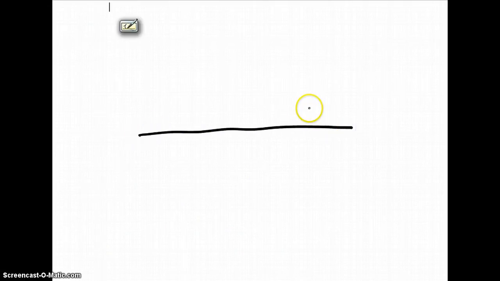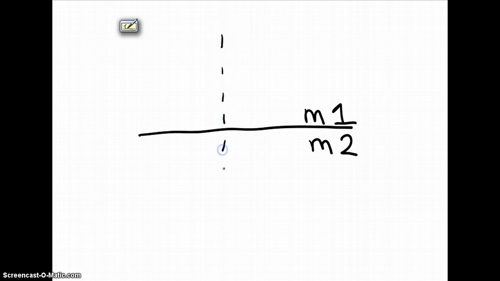All right, so we don't have a lot of time left on this video, so try to stick with me. If you have to pause it, go ahead. But I'm going to draw a line here, and I'm going to write M1 for medium 1, and I'm going to write down here M2 for the second medium. And then I'm going to draw this dotted line that represents, you got it, the normal, because it's perpendicular to my medium boundaries. And so then I have an energy wave coming in. This could be light or some kind of energy wave, and I'm showing the way it's traveling. You want to label this incident wave, and I'm going to abbreviate right now just for the lack of time. When it goes through